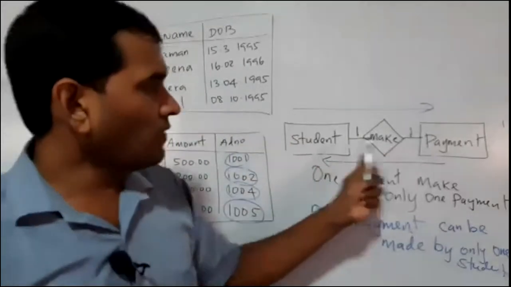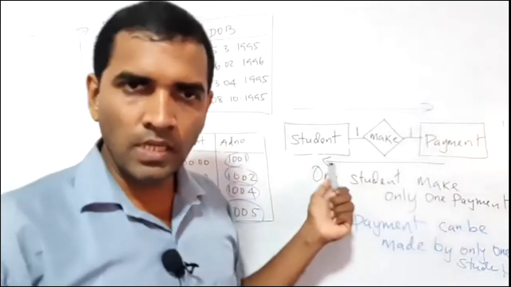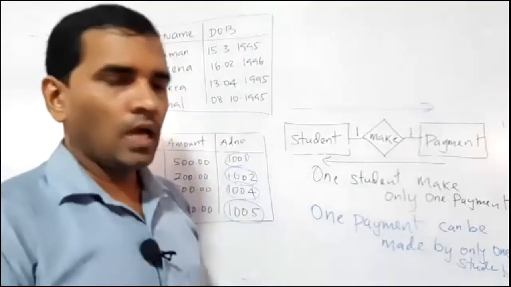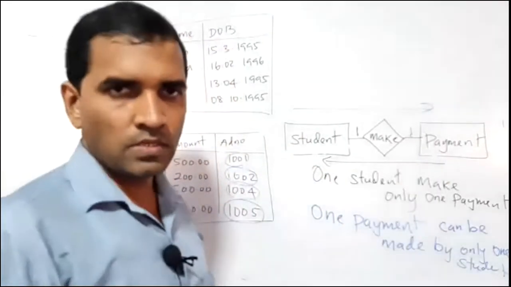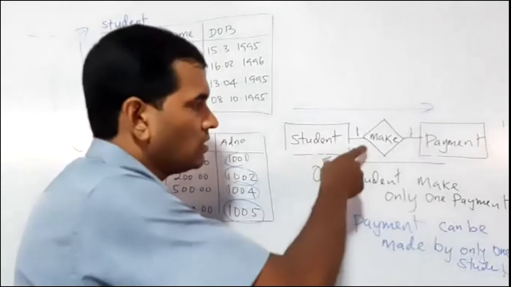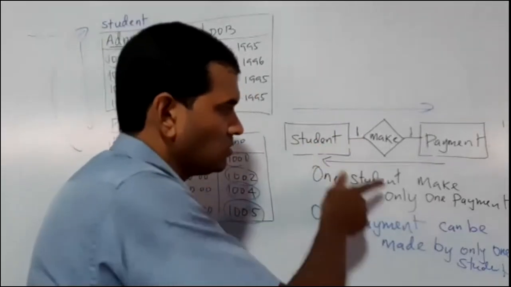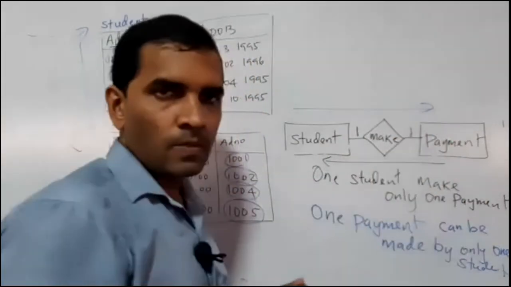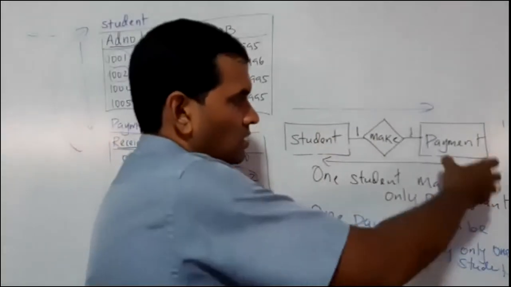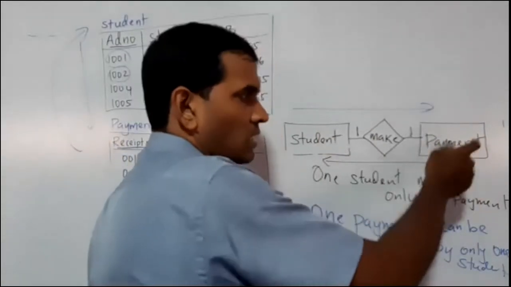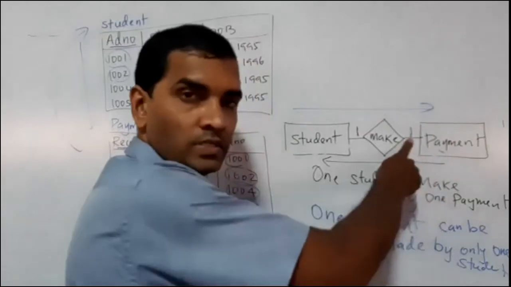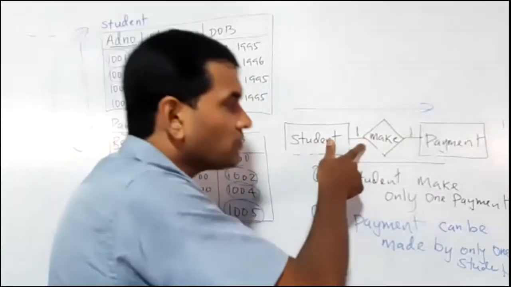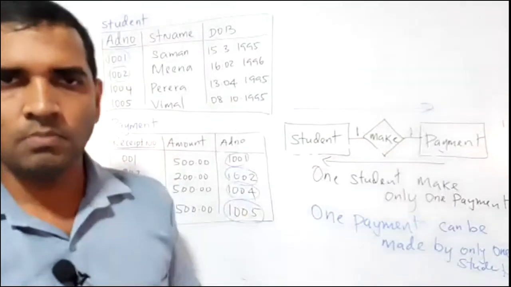So now after drawing the symbols and writing the names, show the relationship, right? So it is one-to-one, write one-to-one on both sides. After that, try getting a meaningful sentence. You can start from the beginning. So here student, one there, so one student. The relationship is make, so make only one payment. In the opposite manner, you have to start from this. What are they? They are payments. So one payment, since one is there, is made by one student.